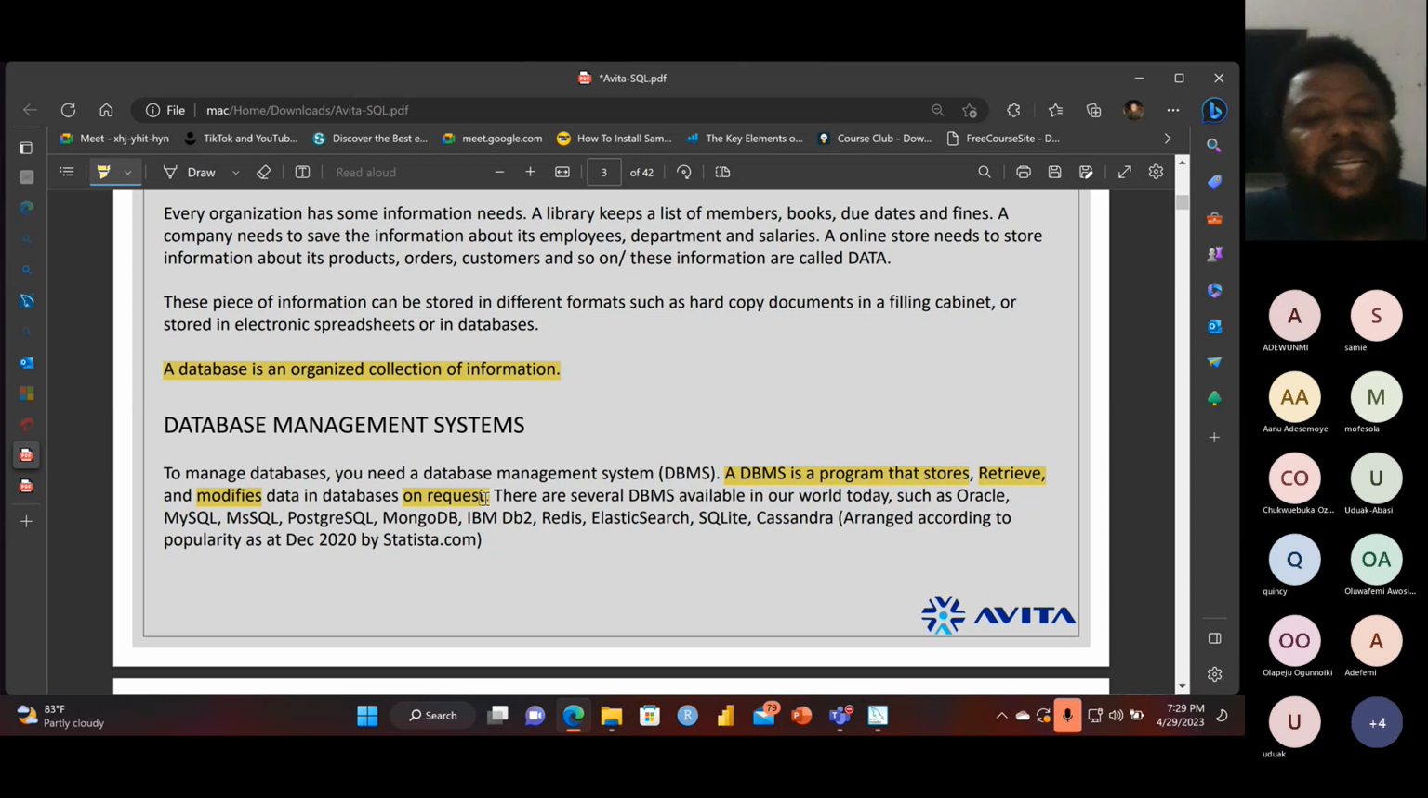So there are several DBMSs available in the world today. Number one of them all is Oracle. I'm sure you've heard about Oracle database. I'm actually Oracle certified, so I'm one of those special people. Don't mind me, there's nothing special about it. But Oracle is the biggest database software in the world, the biggest DBMS in the world,